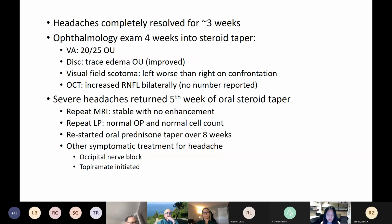During her 5th week of her steroid taper, she was on about prednisone 20 milligrams daily. Her headaches returned and worsened to the point where she went back to the ER. We repeated MRI at that time, and it was stable, no enhancement this time. Her LP was repeated a 3rd time, and this time she actually had a normal opening pressure, normal cell count, and